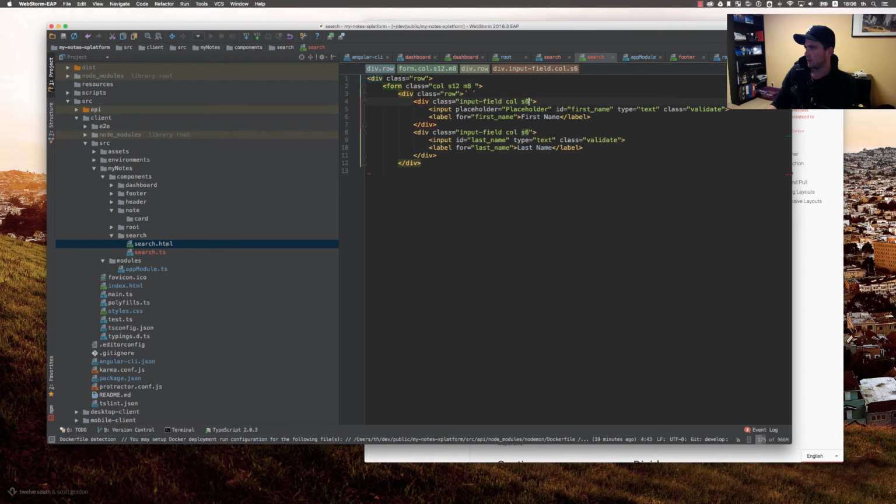So let's say we have M8 and we need to add an offset of M2 to have 2 column space on the left, 8 column wide input, and then again 2 spaces on the right, which gives 12 in total. We have an input over the entire width, or let's say over 11 out of 12, and we have a placeholder. Search here,